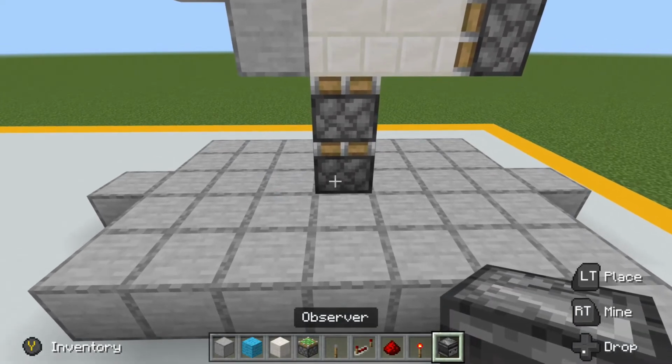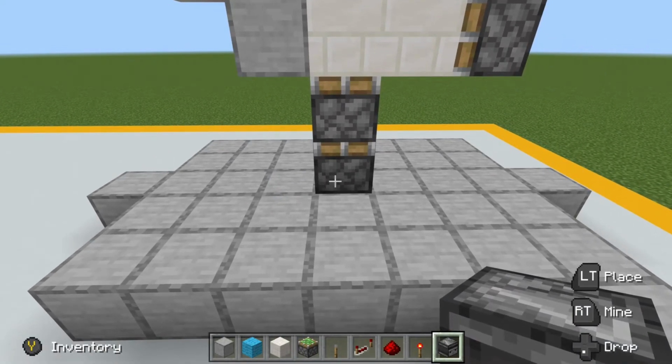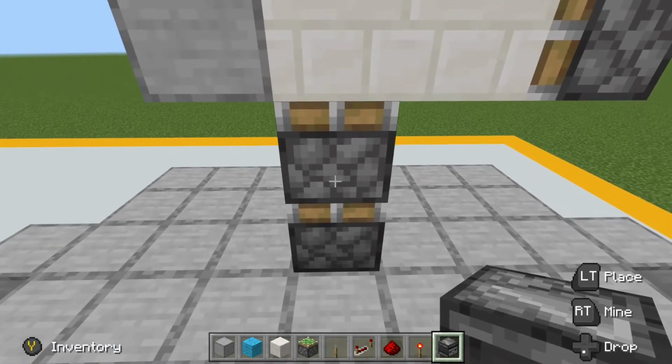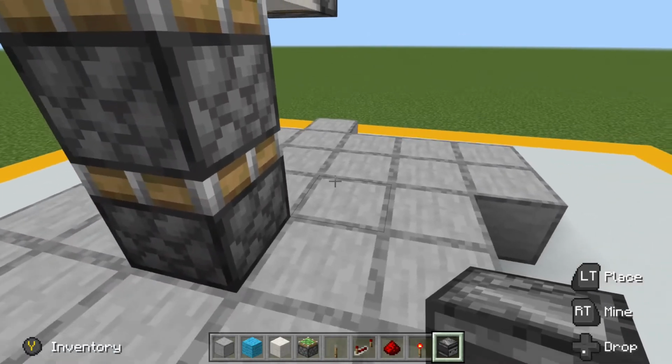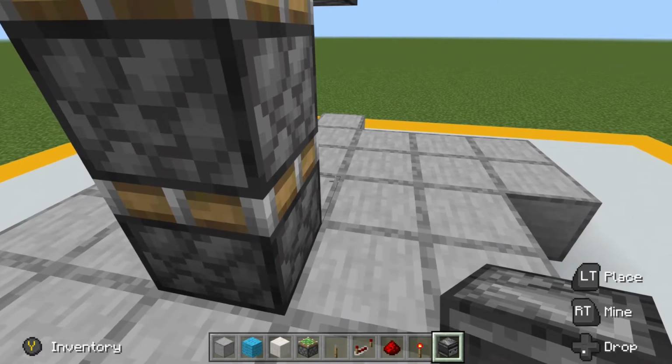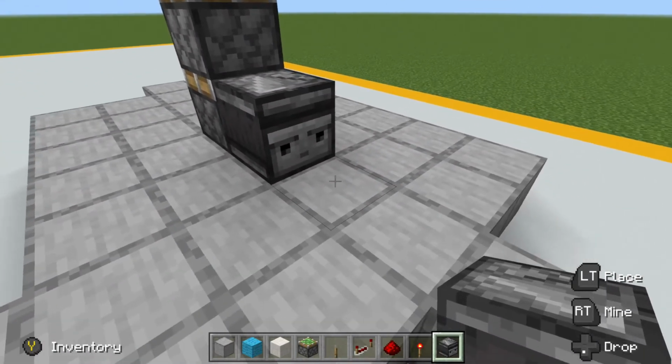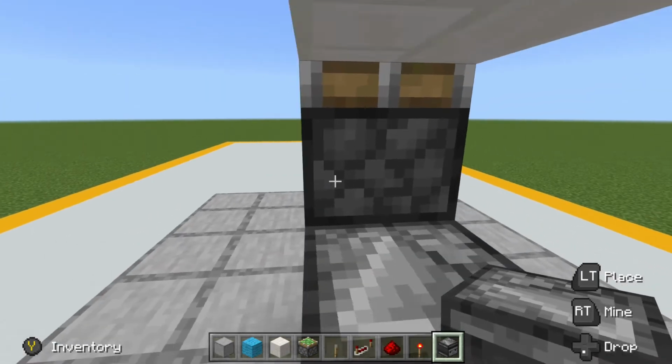Now the first in the sequence is pretty easy. This piston needs to extend and retract in one pulse. The easiest way to do that will be with an observer. If we have the observer facing this block and the rear of the observer pointing into the bottom piston. If you can't see the face, you can tell which way it's pointing by looking at the arrow on the